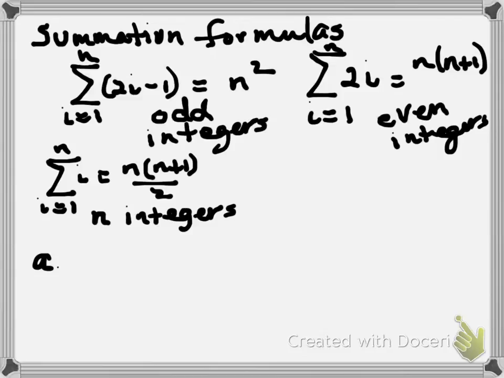Summation formulas. So the formula for the summation of 1 to n of odd integers is n squared. The summation formula for 1 to n of even integers is n times n plus 1. And the formula for 1 to n of n integers is n times n plus 1 divided by 2. So we recognize 12a as having to use the formula for odd integers. So I'm needing to take 64 squared